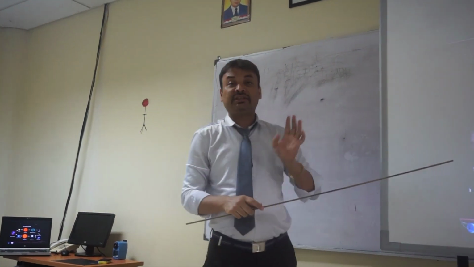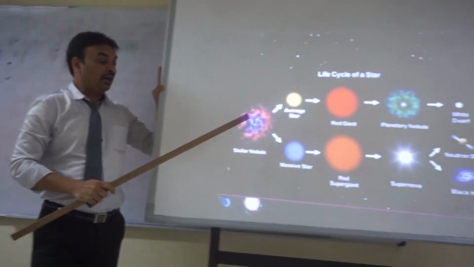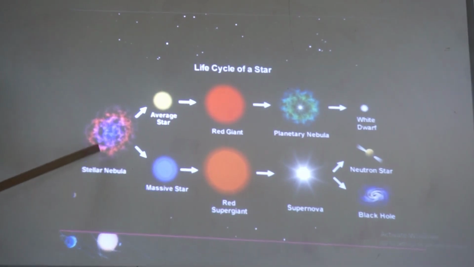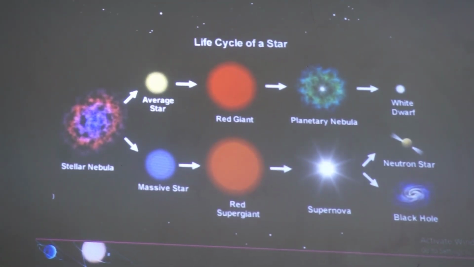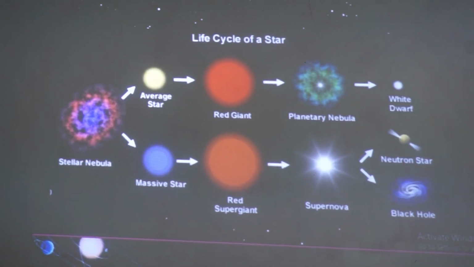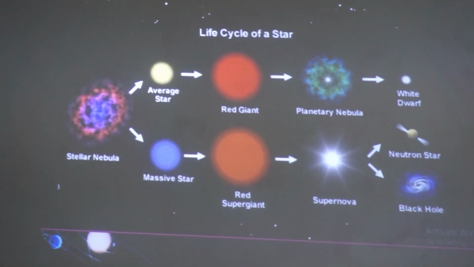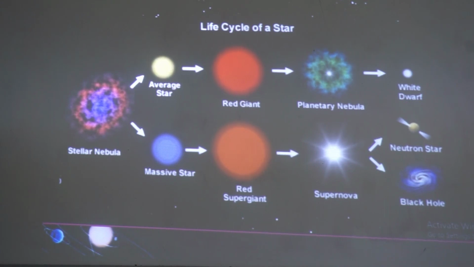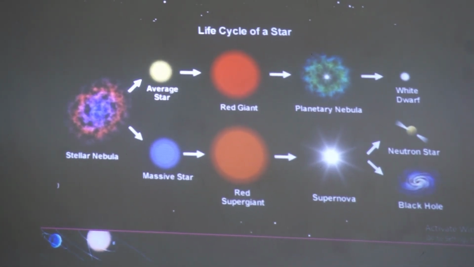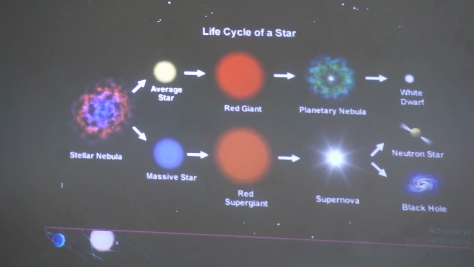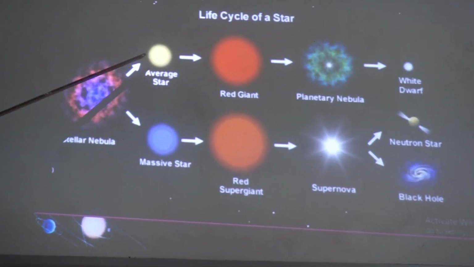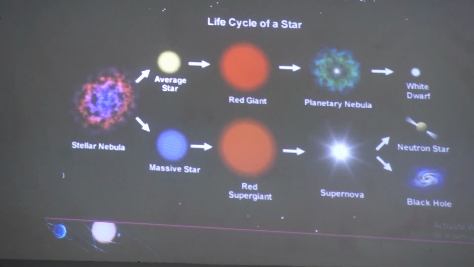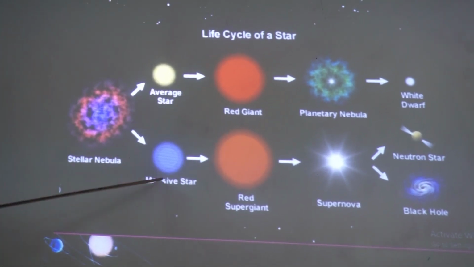Now how a star, already you know the star is born from a nebula. Now everything is decided by the mass. In astrophysics, what will happen at the end of a star is decided by the birth mass of the star. Now the nebula that makes a star, so if the mass of the embryo star, or the mass of a protostar